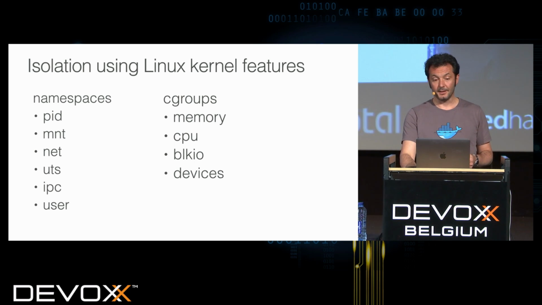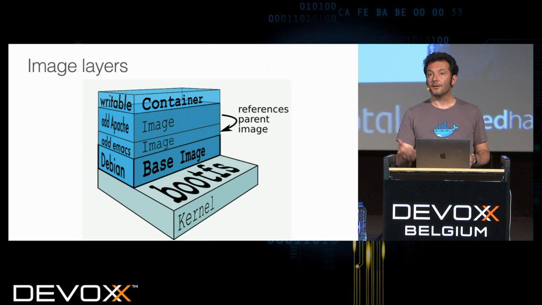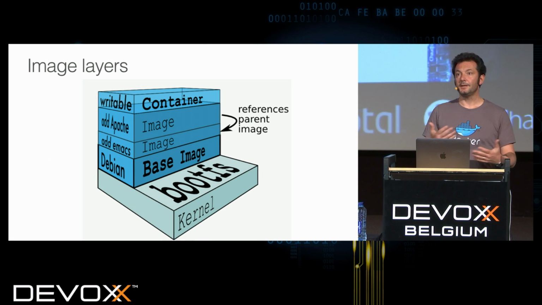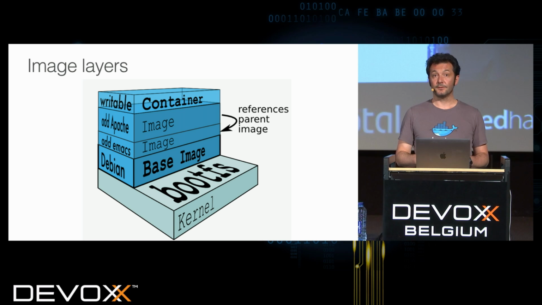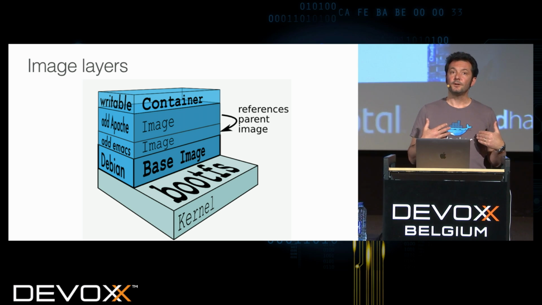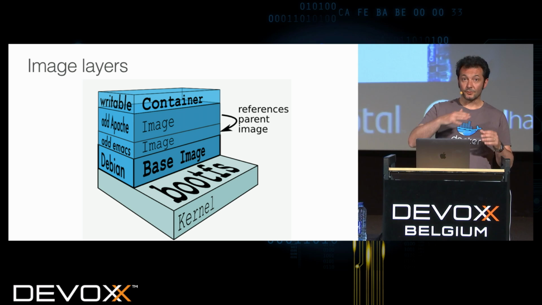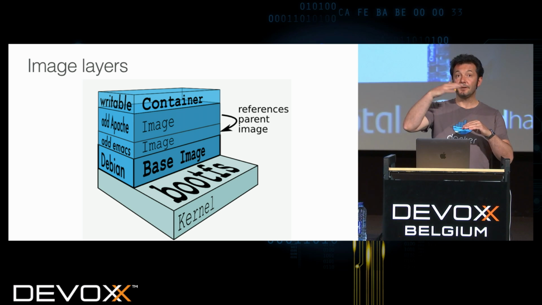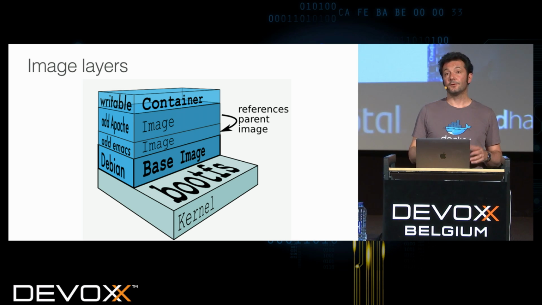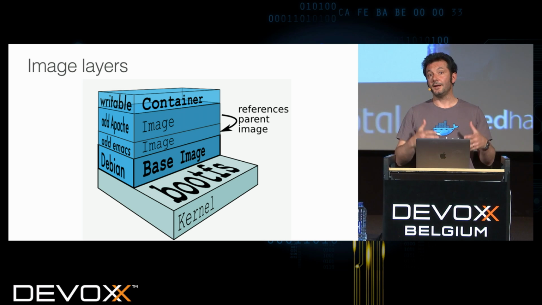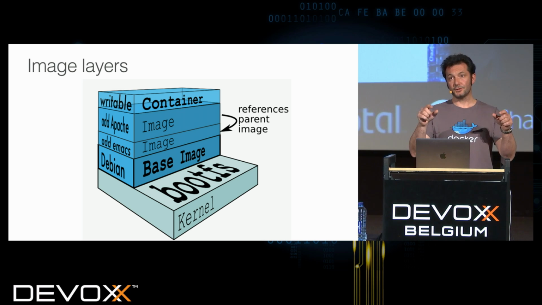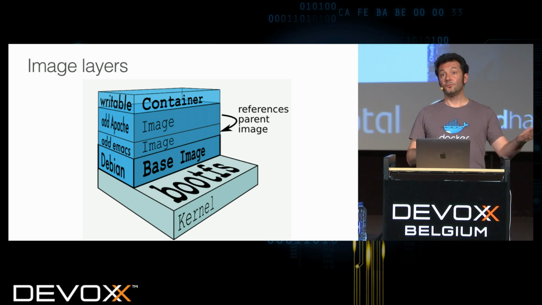The other aspect of Docker that's important that made it very successful is this notion of an image file system with a union file system plus a copy-on-write layer at the top. So essentially, when you're building your images, you're layering a series of images. Like, for example, I would use an Ubuntu base. So I have an Ubuntu image. On top of that, I can add one file, and that will create a new layer.